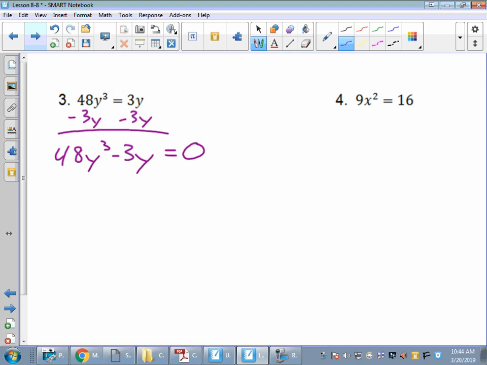Do we have a GCF we can factor out here? Well, we got 48y cubed. We've also got 3y. So I think we can take out a 3y here. I think that's what we can factor. They have that in common. So if I take out a 3y, then what I'm left with inside is 16y squared, because 3y times 16y